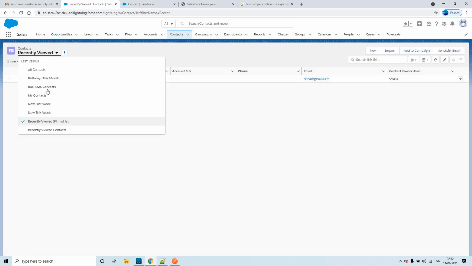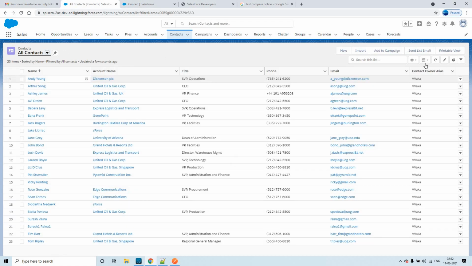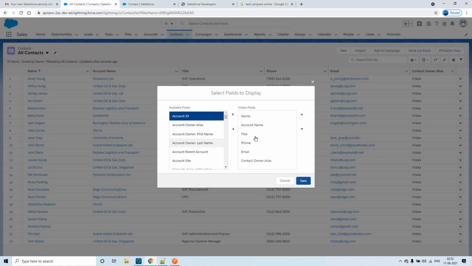So here, if I click on all contacts, let me try here. See, select fields to display. Phone, email is there, I'll remove this. Account name is not there for the contacts we have created. Title is also not there. It's not even phone, it is mobile actually, so let me search for mobile. This way you can sort this.